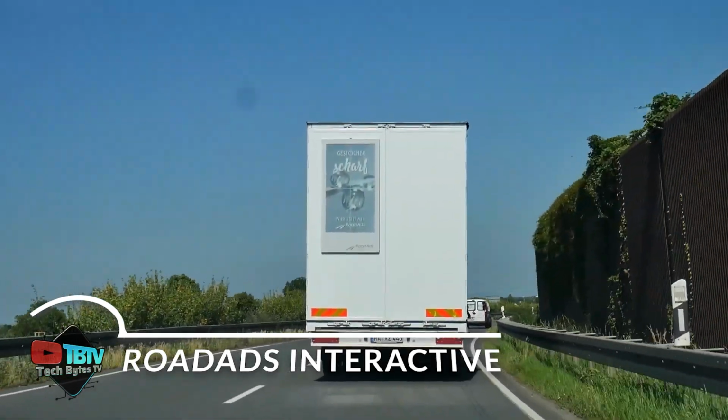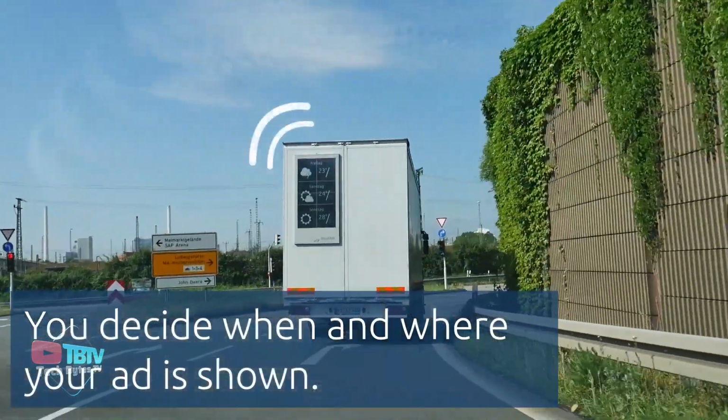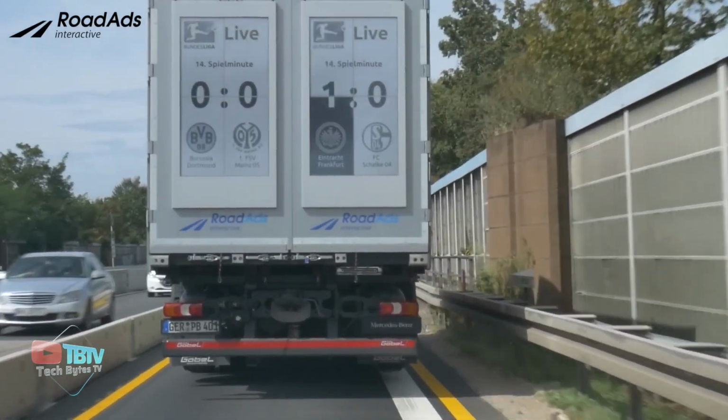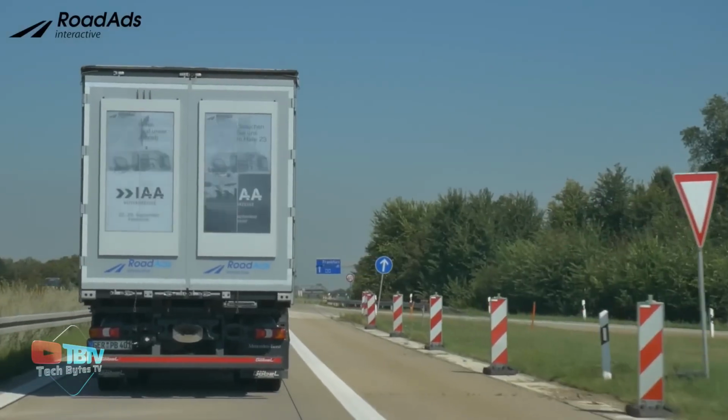Looking for the coolest truck accessories? It's time to turn your vehicles into attention-grabbing magnets. Road Ads Interactive gives you the opportunity to showcase your vans, trucks, or buses through digital billboards. Use this tool to get the visibility your business deserves and connect directly with your target audience through digital vehicle